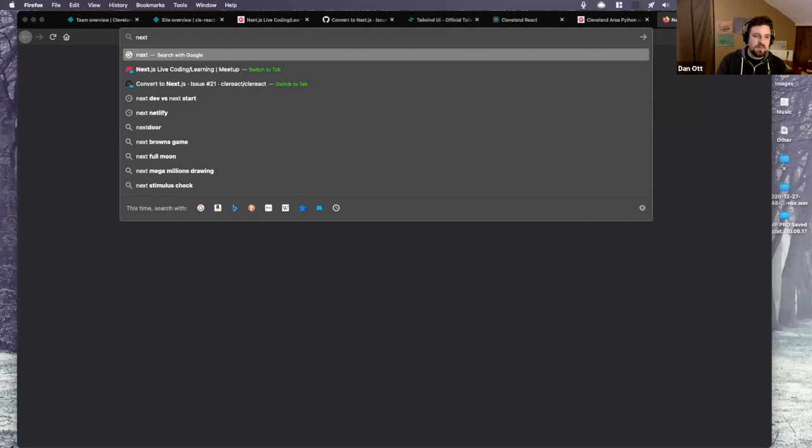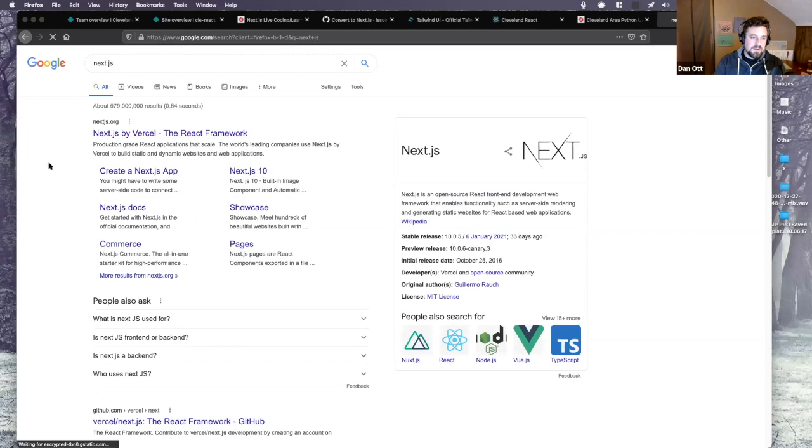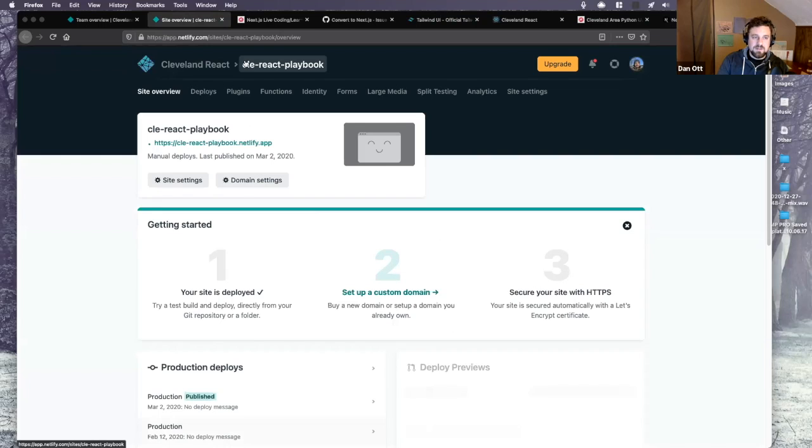But we're sort of already on, let me just get the Next.js site up here, we're already on Netlify, and Netlify actually has a plugin that will allow us to use some of the fancier Next stuff on Netlify without any real extra work. So if I was starting from scratch, I might consider using Vercel for hosting, but we already have a nice setup on Netlify, and we have